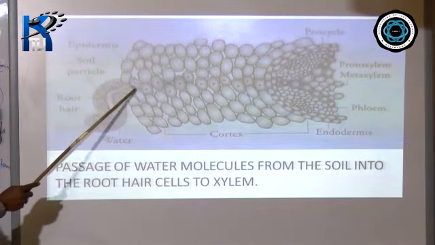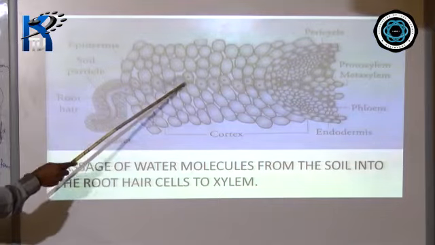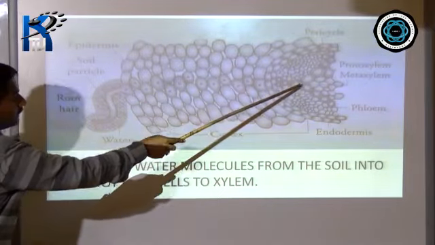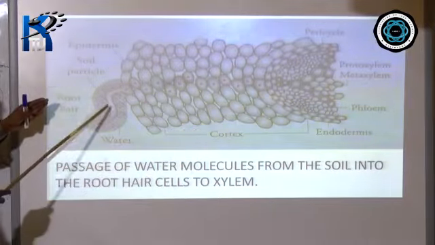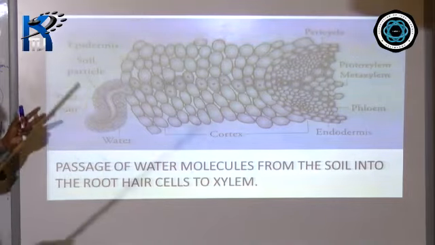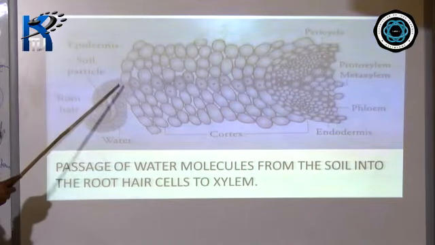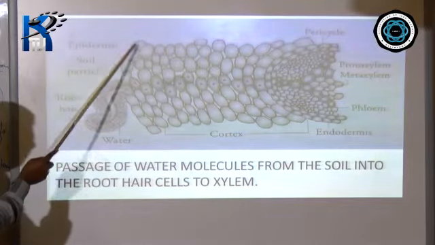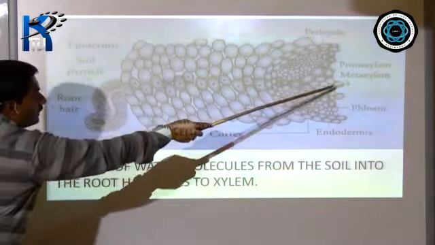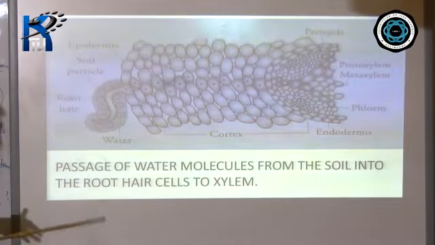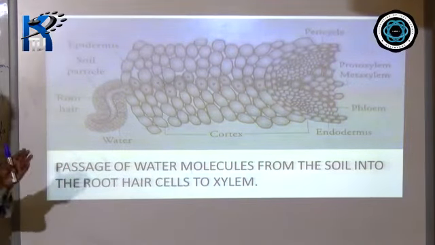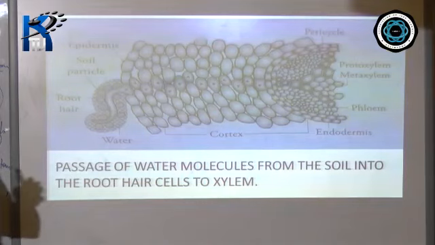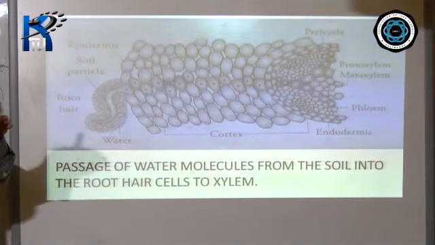You see the direction of this water. Okay, these are all the arrow marks shown out here, the water moving inside. Each one of the root hairs is absorbing the water. Just imagine the number of root hairs from the other direction also absorbing the water and directing it into the xylem tissue. That means enormous root hairs absorb the water and direct it into the xylem tissue.